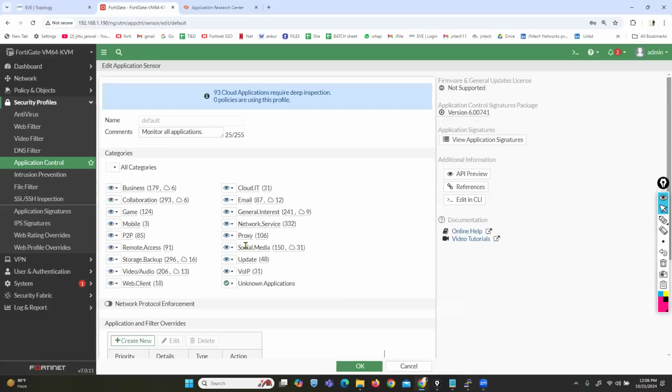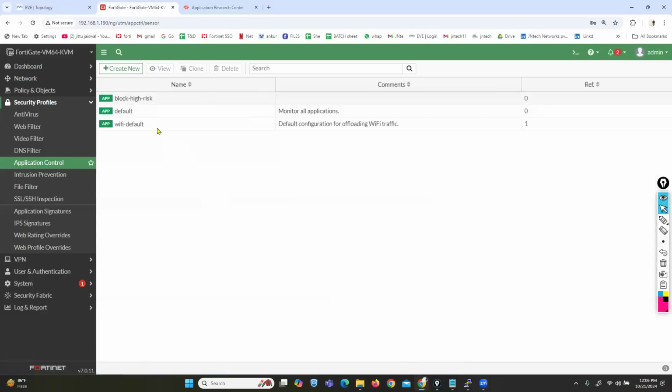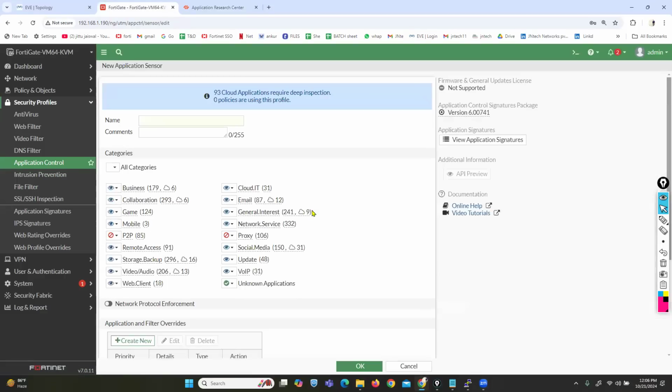Now, you can work with this profile, or in case you want to create your own profile, you can just click on create new. You can give a name for this profile. For example, I'm giving